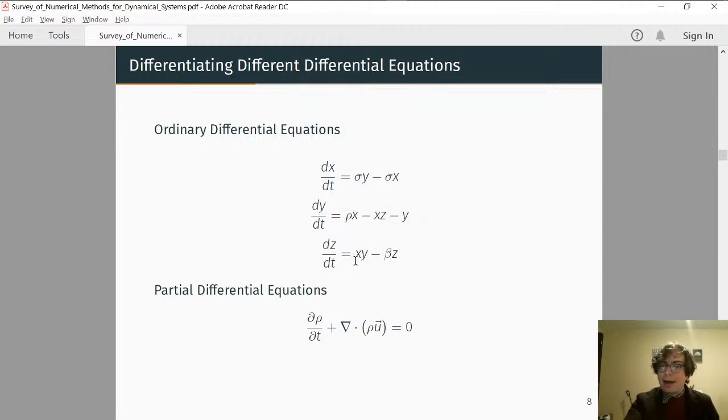This set of equations right here is called the Lorenz system. And it's a relatively simple system of equations that actually exhibits chaotic behavior. This is one of those quintessential examples of a chaotic system. All right, but even though this is a chaotic system that has a lot of, the